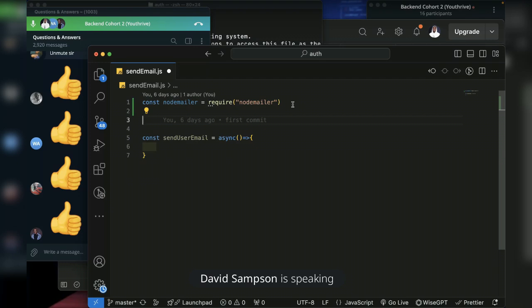SendGrid, G Suite, Microsoft, they are not expensive. The reason why you do that is because you want to get something like this: info@youththrive.com. So the most important thing is you want to get a domain name. But what we are doing now,